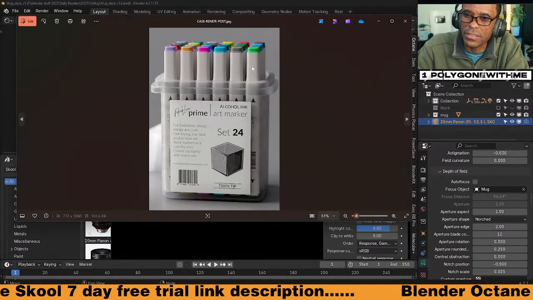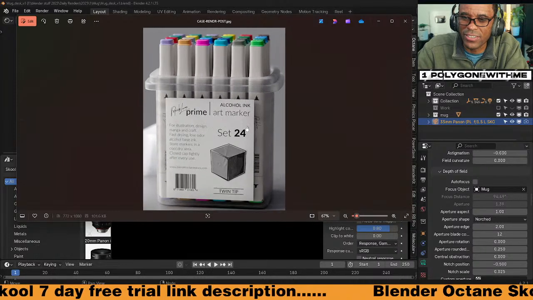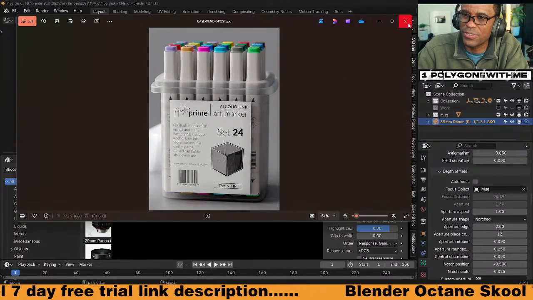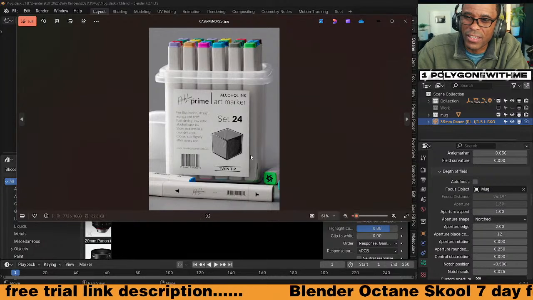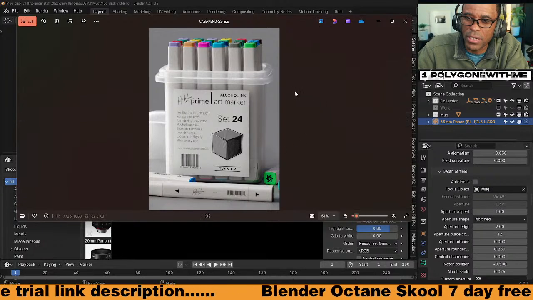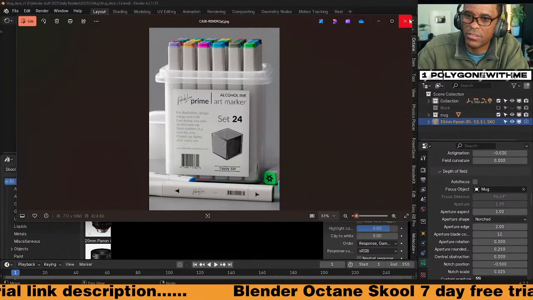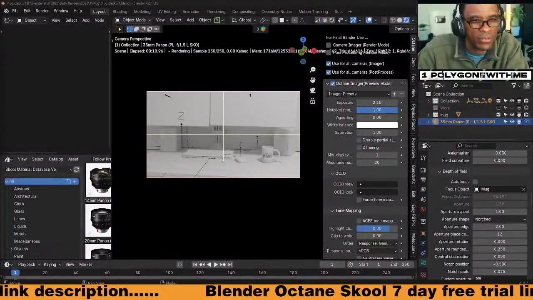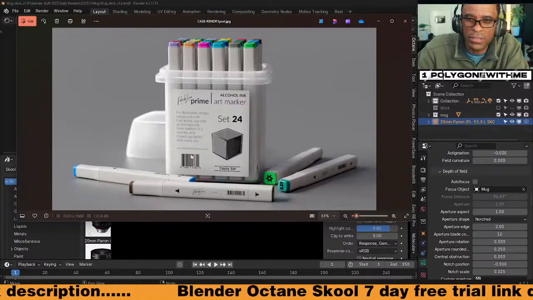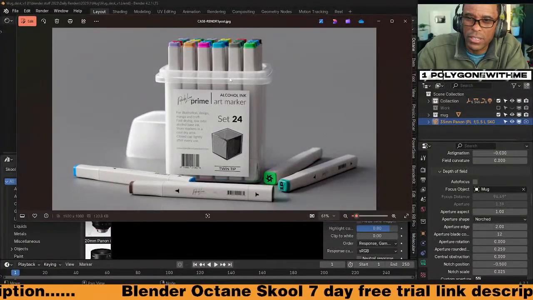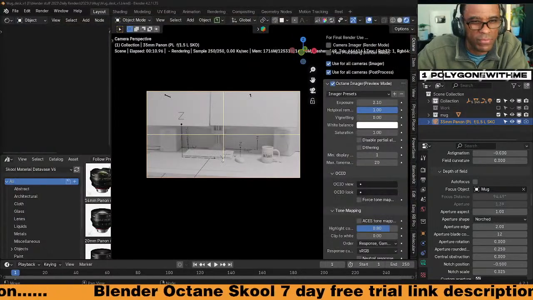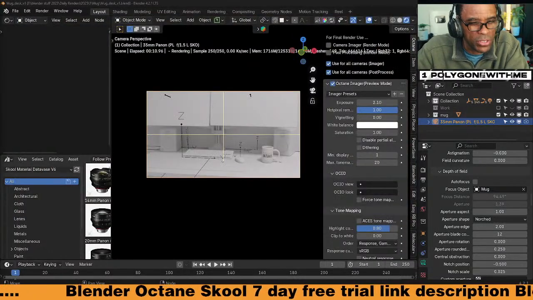Yeah, this is the asset I'm gonna use. Oof. Look at this render, guys. Oof, that is so sweet. I love it. Dude, that was a fun render. Look at that, guys. Octane, man. That looks like a real render. I mean, it looks like a real marker set, dude. Look at Octane. Look at the plastic, guys. Scrumdiddlyumptious.